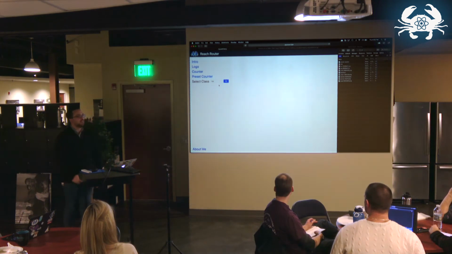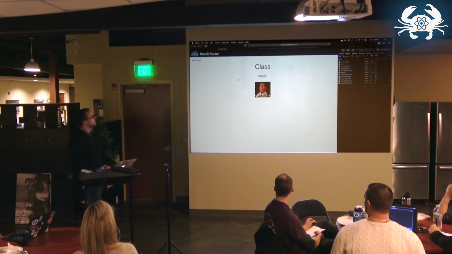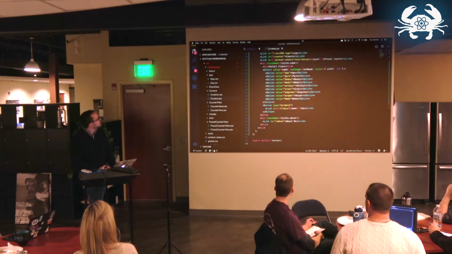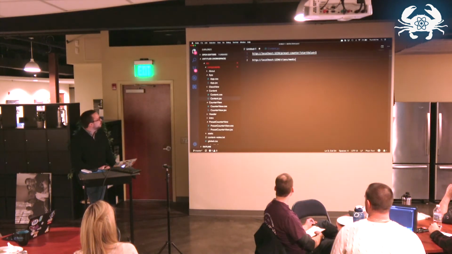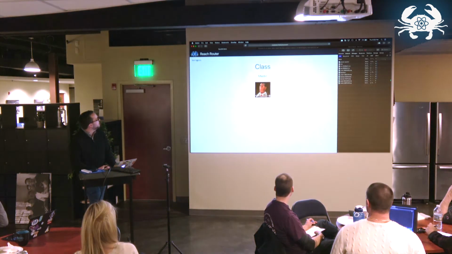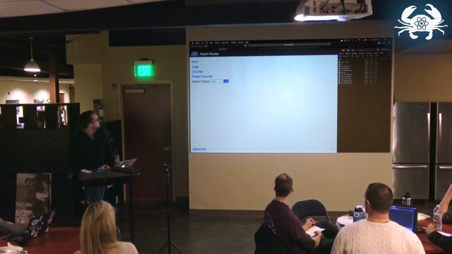So I don't know if you guys have played any Team Fortress 2 before, any TF2 fans, but what I've done here is I've just got a little drop down, and when I click on one and click go, it's going to inject that as a parameter into the URL. So if I click go, I go to this other page, and you can see up here, you can't see it, but it says class medic. So like that, and what's going to happen when I click on one of these, like this,